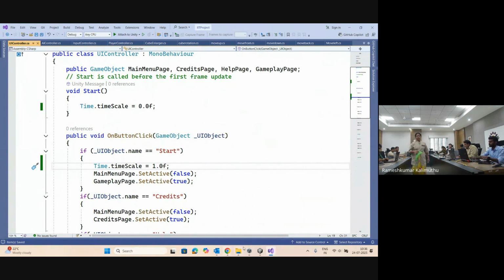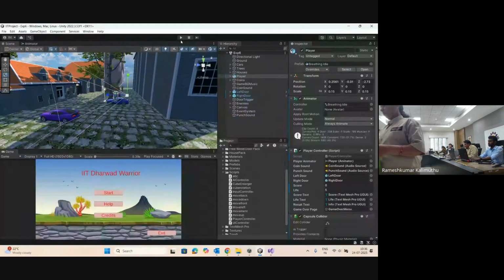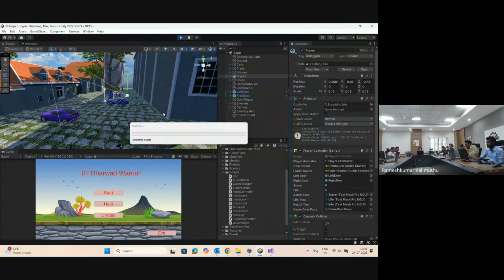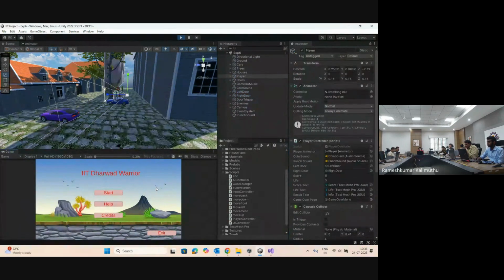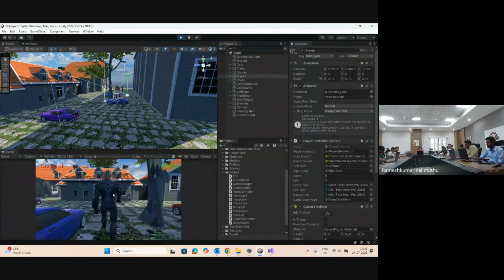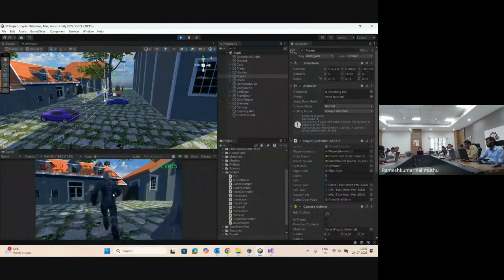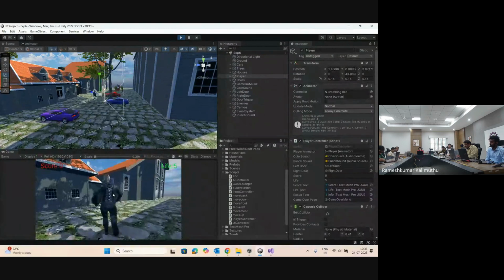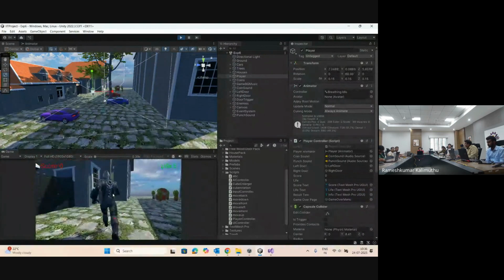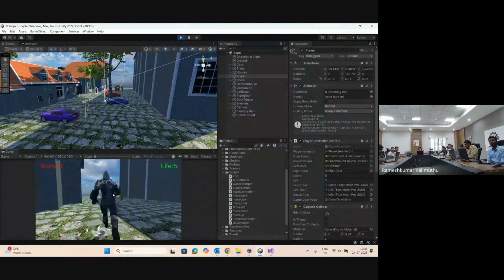Now I'm in the main menu page. I'm pressing W, R, right arrow, and nothing is happening. Once I click the start button, can you see? So now,